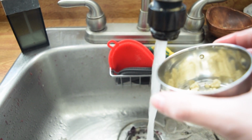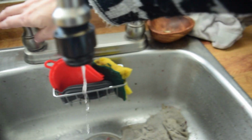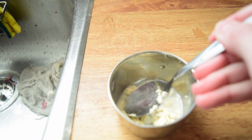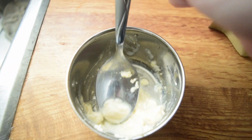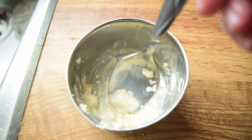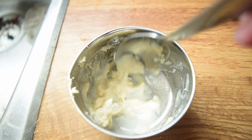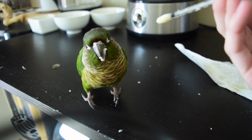The key thing I'm doing with these is I'm making them all warm. That is something you will have to discuss with your vet. Not all medications can be mixed with warmth and heat. When you're asking whether or not their medication can be mixed with food, double check and see if it can be mixed with warmth as well, because parrots will tend to take warm fluids out of a syringe a lot